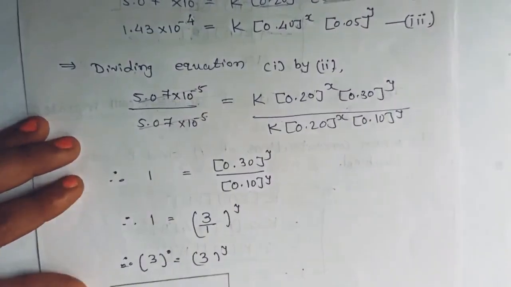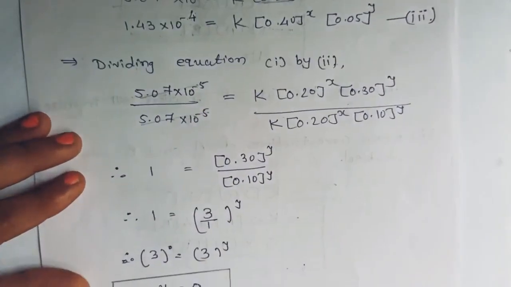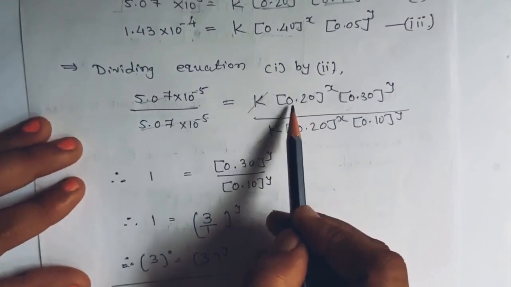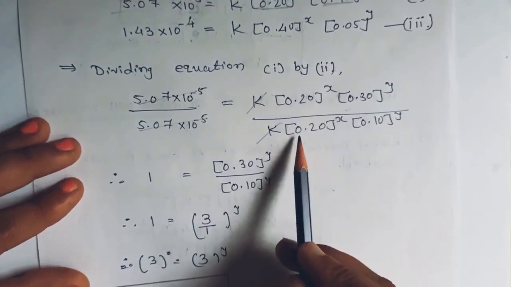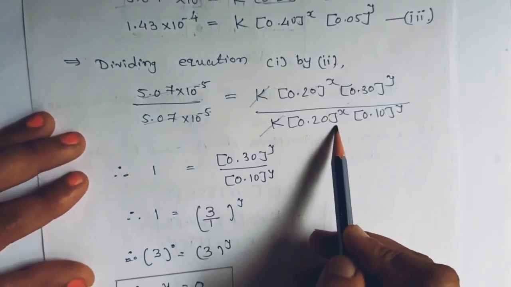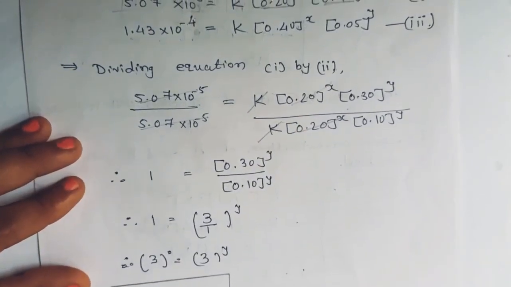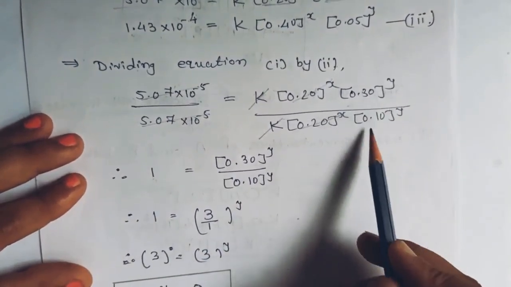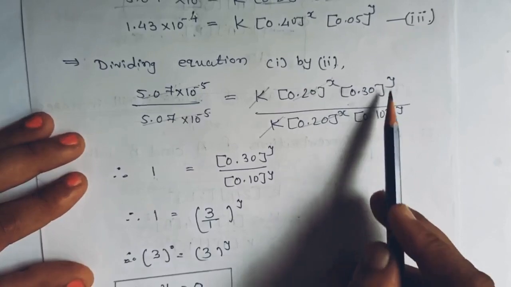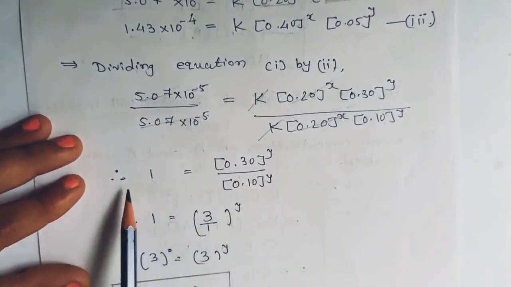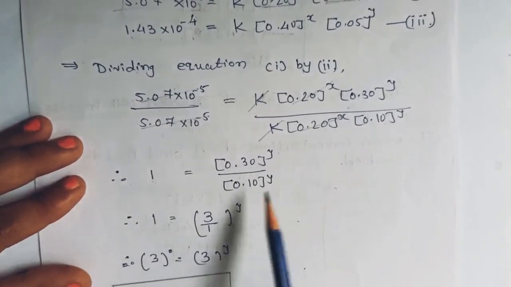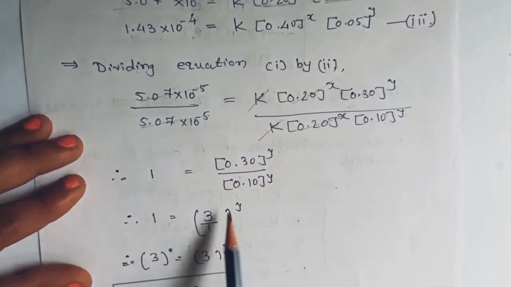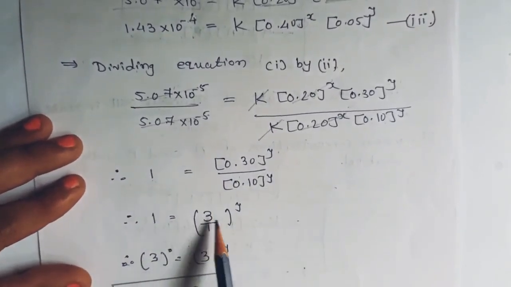Here you can see that 5.07 into 10 to the power minus 5 will be cut out. Similarly, the k will also be cancelled, and similarly 0.20 power x, and here you can see 0.20 to the power x, so that will also be cancelled out. If you cancel this, you will get 1, and the terms 0.30 and 0.10 having power y are remaining. So you can write 1 equal to 0.30 power y divided by 0.10 power y, right? If you divide that, you will get 3, having a similar power,